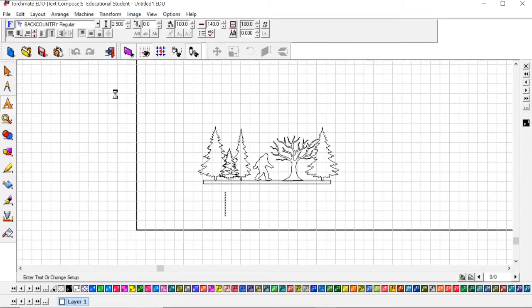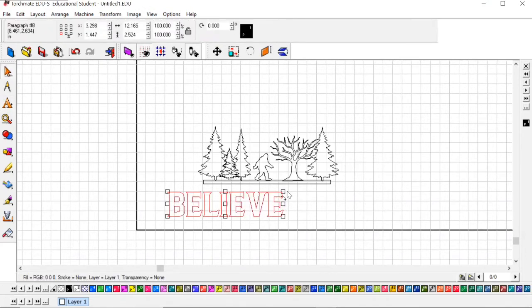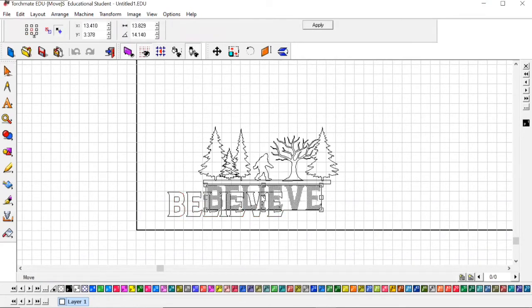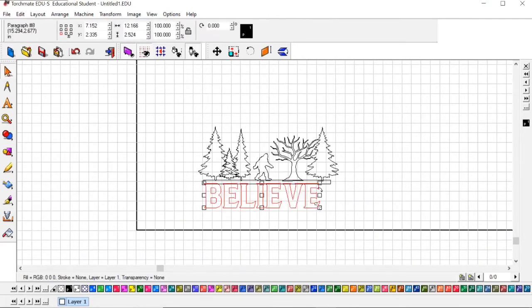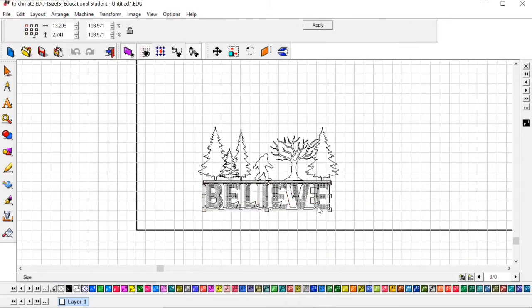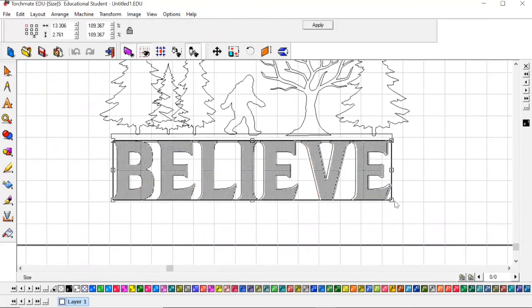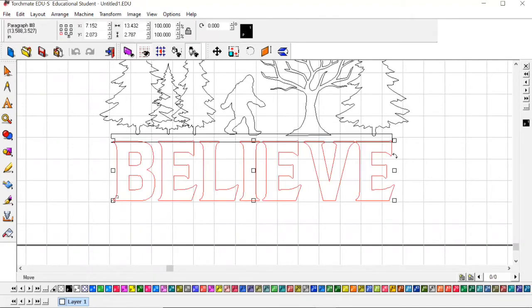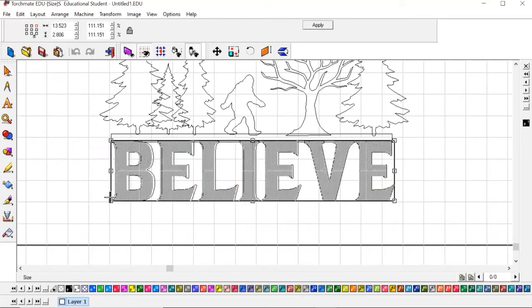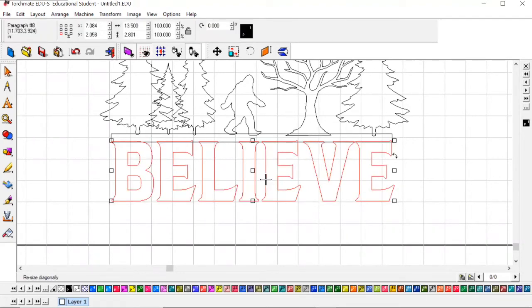I'm gonna type out believe, because I mean, if Sasquatch can believe in himself, why can't you? All right, now I've got it so that it's about the same size as my bar here, and I'll size that up later, I guess. And before I do any editing,